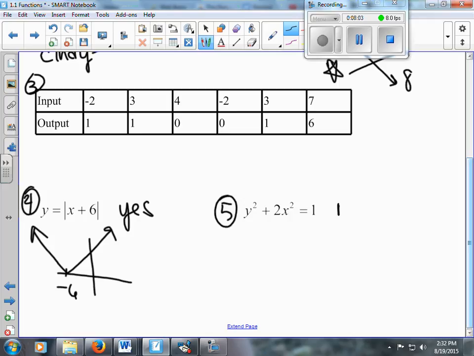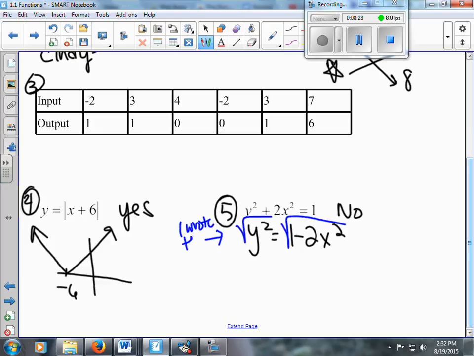All right, and let me explain why this is a no. I'm going to go ahead and solve for y since it was not solved for yet. So I have y squared equals 1 minus 2x squared. And now to get y by itself, I have to take the square root of both sides. When you put a square root in, so I'm going to put this action in blue. Notice I put this square root in. I wrote this. It is not a part of the problem. It is a part of solving the problem. When you introduce a square root in order to solve the problem, you have to also put in a plus